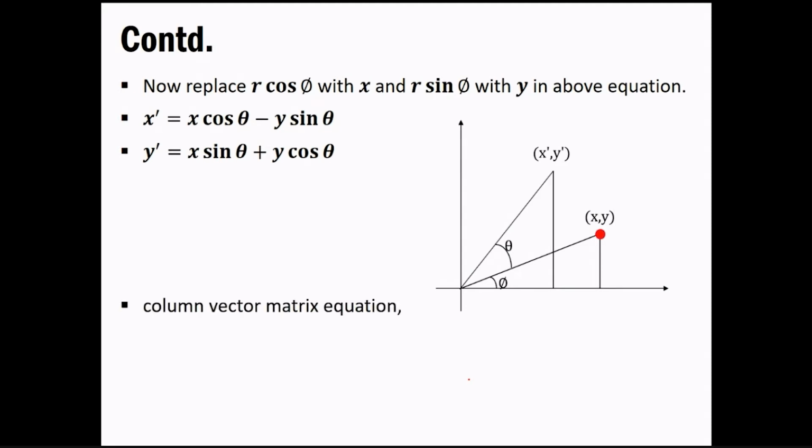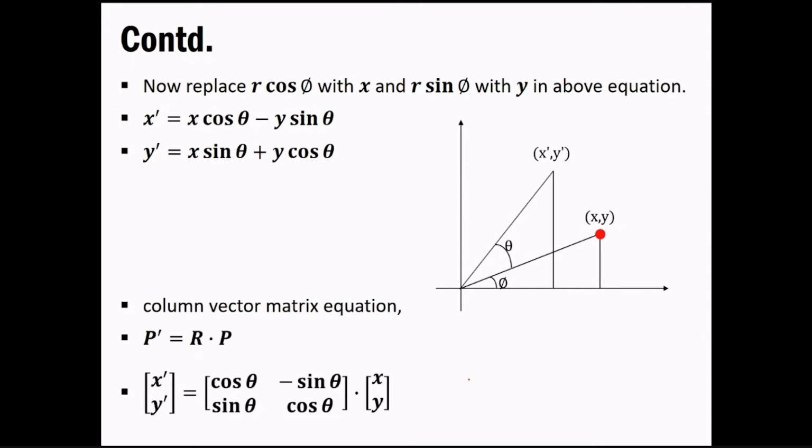Now based on this, we'll put it in our matrix representation form, and obviously we are using the column vector form. So we will have cos theta, minus sin theta, sin theta, cos theta, multiplied by x, y, if we represent the whole of the above in column vector form. Pay a little attention here, we just removed it. Once you multiply this, you get the same thing that is given over here.